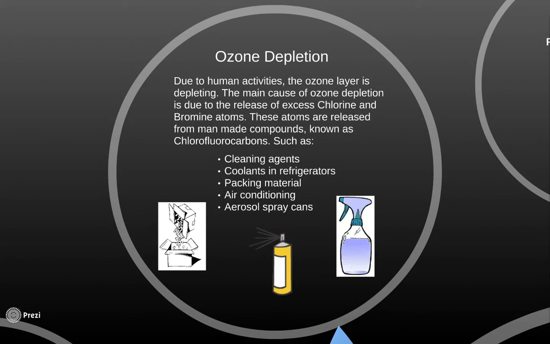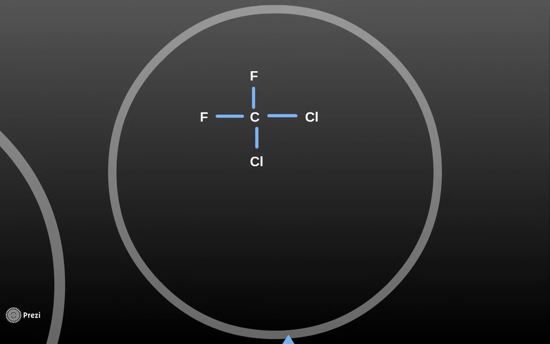Unfortunately, our highly important ozone is being damaged and depleted due to the release of man-made chemicals known as chlorofluorocarbons. These chemicals are extremely inert and stable, which is exactly why we originally chose them for many products such as cleaning agents, coolants in refrigerators, packing material, air conditioning, aerosol spray cans, etc. However, their high stability allows them to reach our ozone, and once they reach the stratosphere, UV photons are